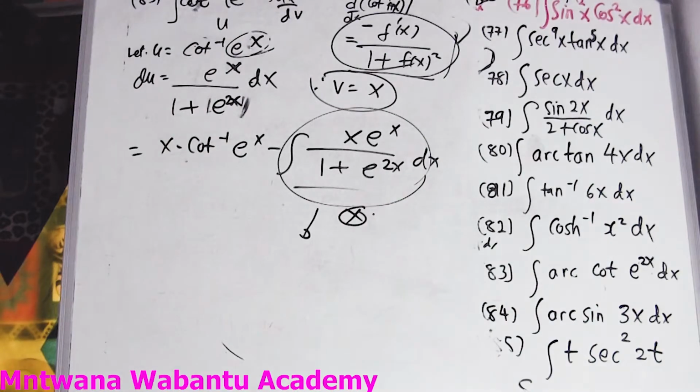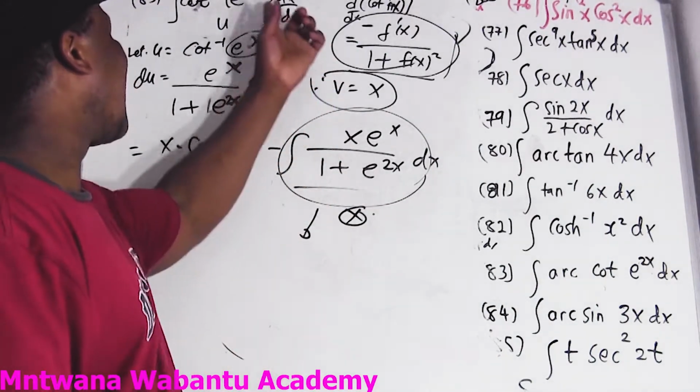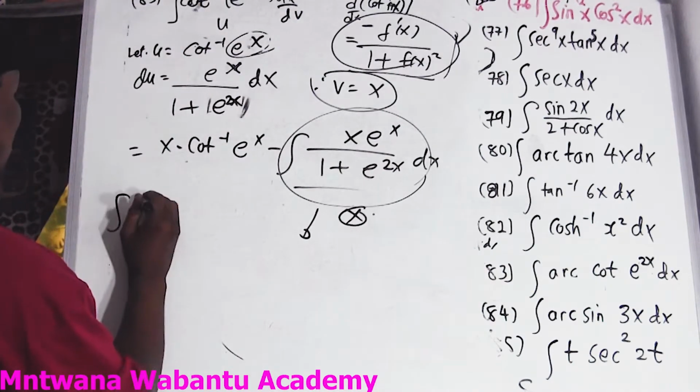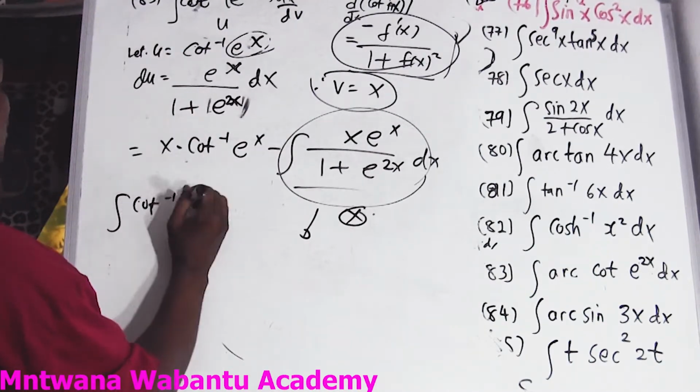And you don't want to waste a lot of time in the exam. Now let's go to the next one. So you can take any number, let's say 2x. For example, let's say the integral of cot inverse of, say,